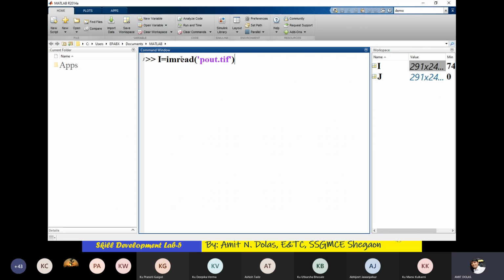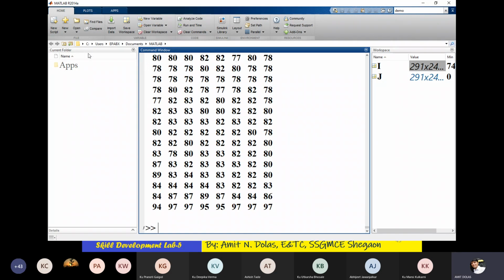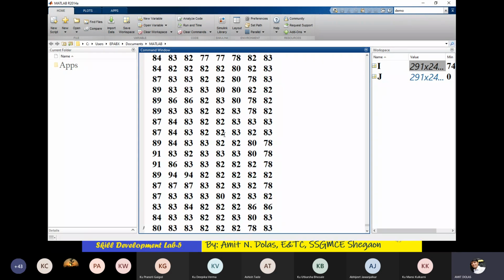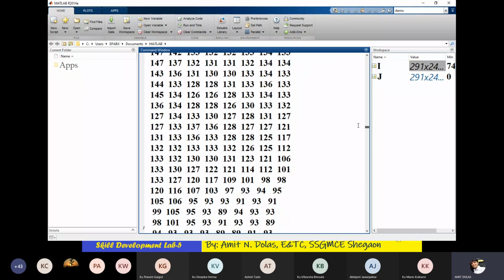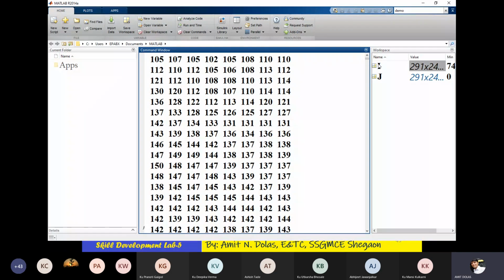So this instruction will read the image named pout.tif into the workspace. I'll enter it. So you can see some numbers are there. Instead of looking at the numbers here, I'll show you in the workspace.